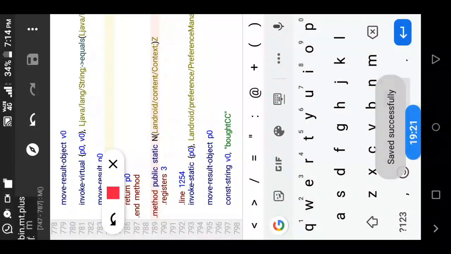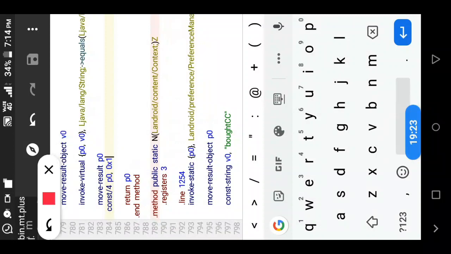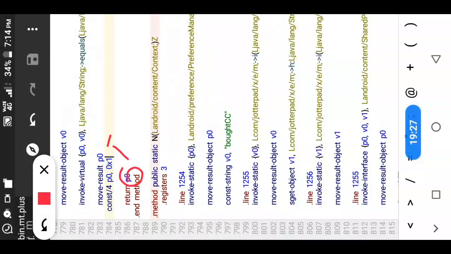So now you can see that the P0 value is 1. So the P0 value 1 will be moved to V1. Now the V1 is equals to 1. So because the P0 is 1, this will be moved to this result, that is P1.